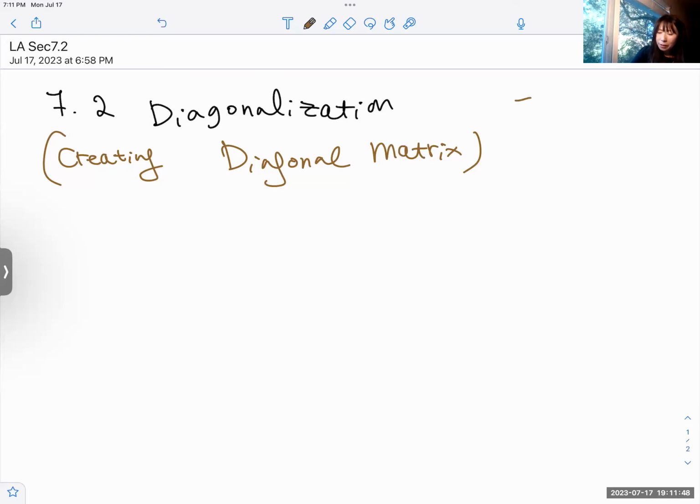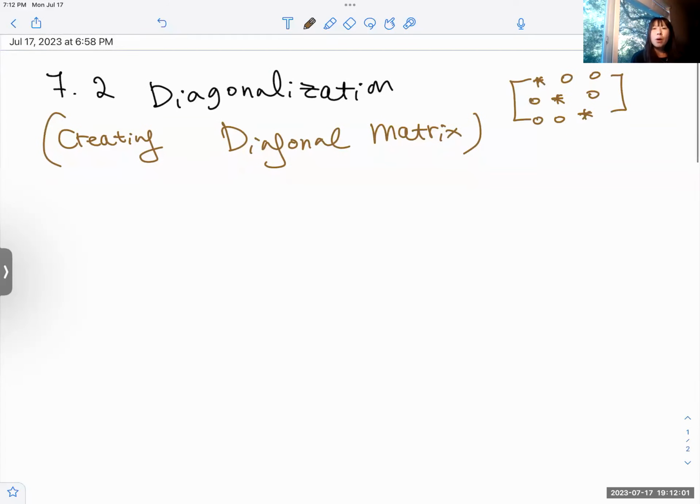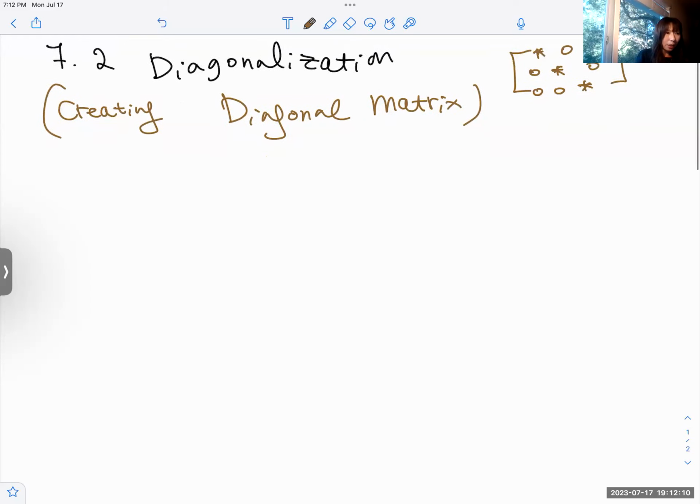So if we say 3 by 3, some numbers on the diagonal and the rest is 0, that is a diagonal matrix. Why do we need this one? We want to make the product of the matrix. For instance, if we have